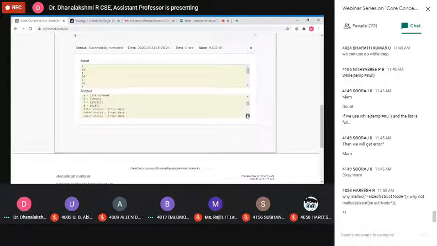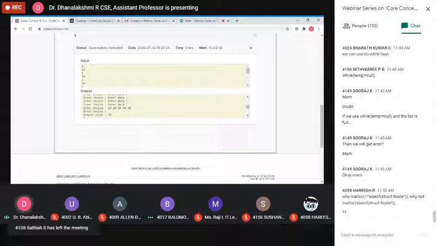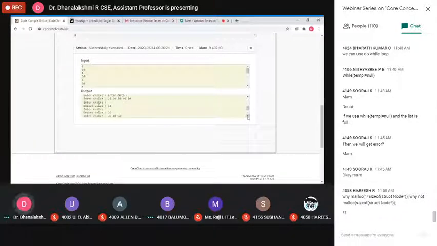So display, insert all the elements one by one. Now your display function is working properly. It displayed 10, 20, 30, 40, 50. Then you can delete values. I called the DQ function 2 times, and 10 and 20 are deleted. After that deletion, 30, 40, 50 are there. The front element is 30, the last element is 50, the queue is not empty, and the queue size is 3.